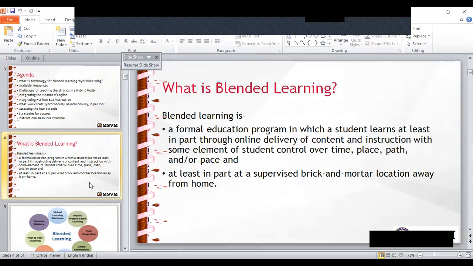What is blended learning? We have just discussed that it is a formal education program in which a student learns at least in part through online delivery of content and instructions, with some elements of student control over time, place, path, or pace, and at least in part at a supervised brick and mortar location away from home.